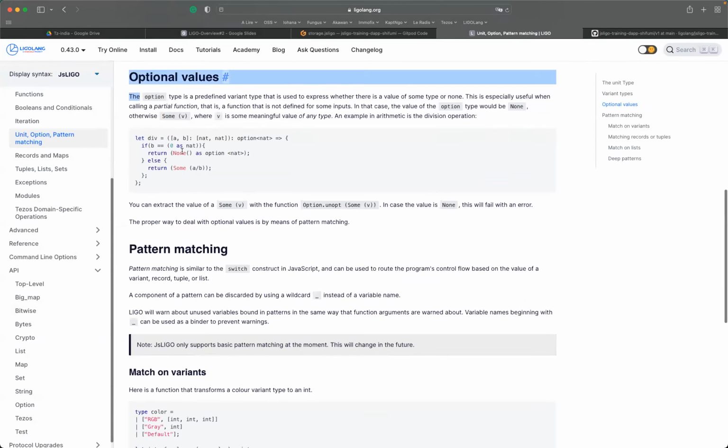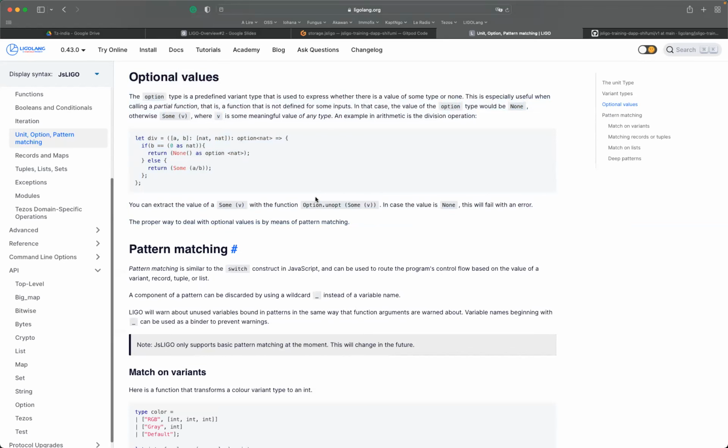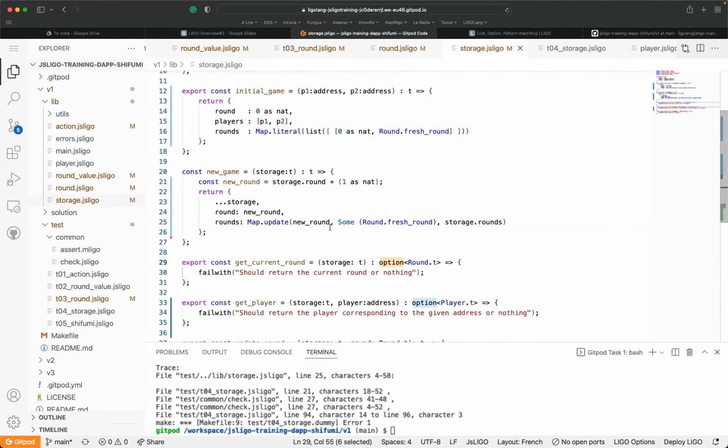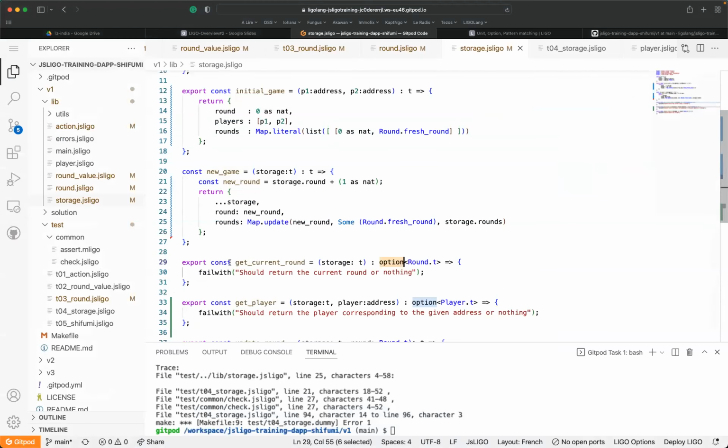Okay, so what you have to do is just read how to do it. You have to read this section in order to see how to use the some and the none constructors to reflect the optional value once you decide to retrieve information in the map. I'm pretty sure that you don't have to do it directly because the function does it for you transparently, but you should read this carefully in order to understand what option is and how to work with it.